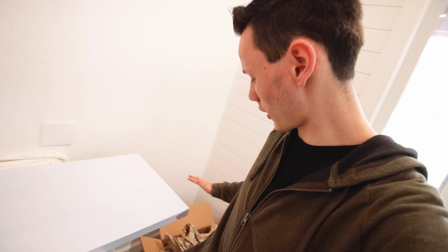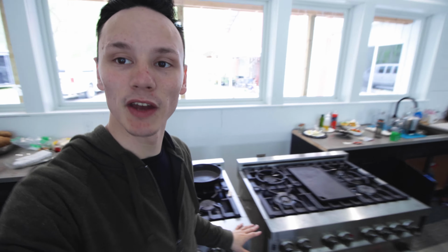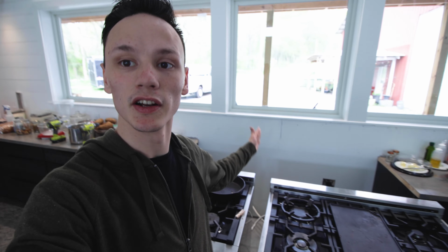Now for that backsplash, we're going to be using this Husky workbench top, which is actually all steel or aluminum, one of the two. And usually these fit in between two cabinets and they're used as a work surface, but we're going to be using it as a backsplash because it'll look great and it'll match these stoves. Along with that, we're going to be adding a pot filler right to the middle of it